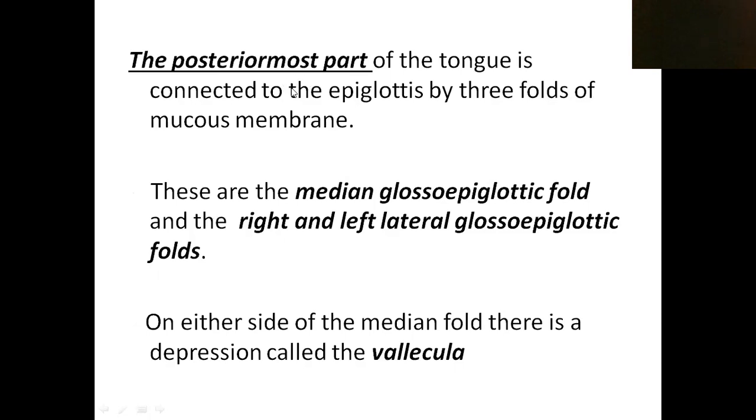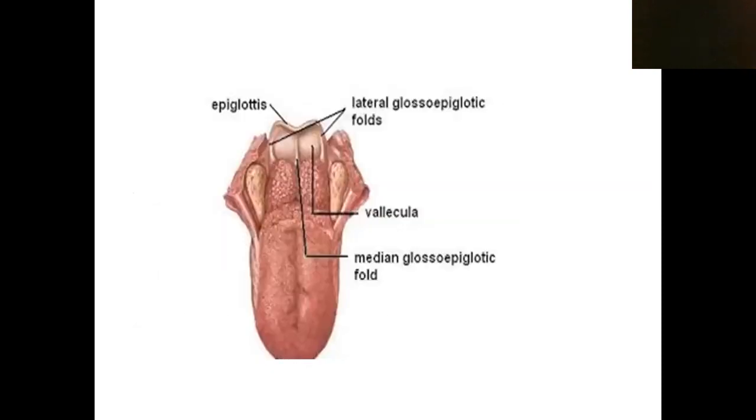Now, the dorsal surface and ventral surface are clear. If you take the posterior most region of the tongue, in this image you can see the anterior two-third, then the posterior one-third. If you check this posterior most area, the tongue is connected to the epiglottis by some foldings. Those foldings are known as glossoepiglottic folds. From the tongue to the epiglottis, that fold is known as the glossoepiglottic fold.